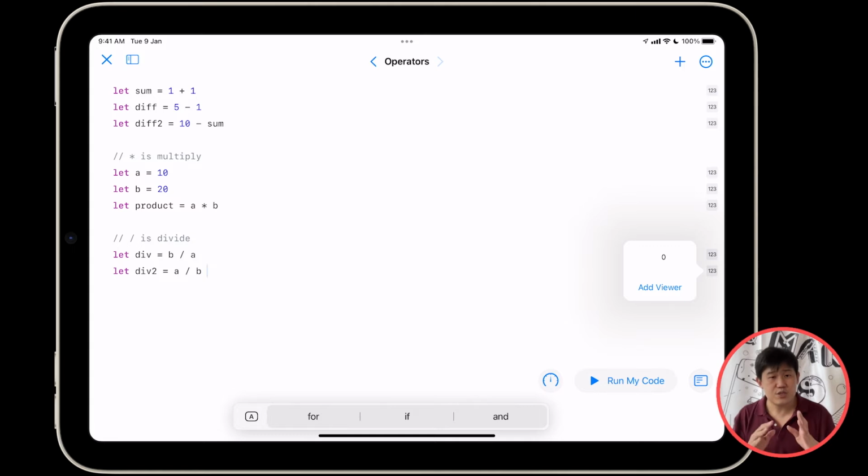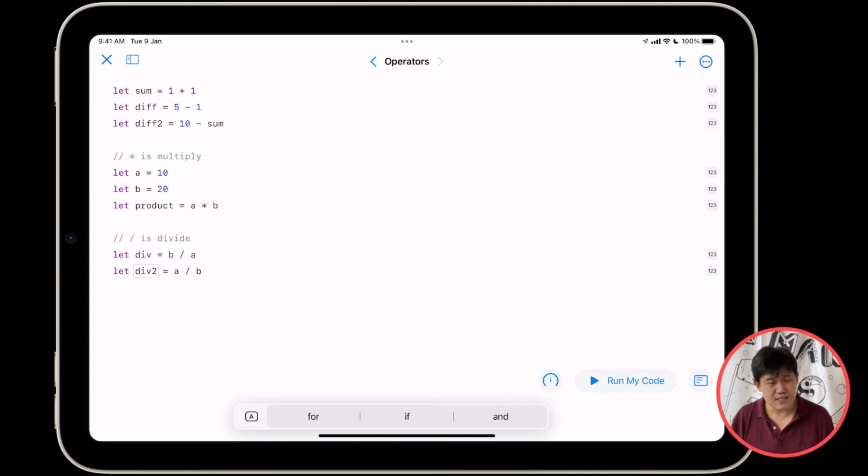Hang in there. Swift actually is doing integer division. Remember types? A is an integer type. B is an integer type. Therefore, anything that they do with one another results in an integer. Okay, so B divided by A is perfectly fine. 20 divided by 10 is 2. That's an integer. A divided by B, what Swift does is it takes 10. Well, it kind of knows what 10 means. It knows that when you take 10 and divide by 20, you're going to get 0.5. But it needs to take this value and store it into yet another integer. What happens when you try and store 0.5 into an integer? You get 0. That's it.